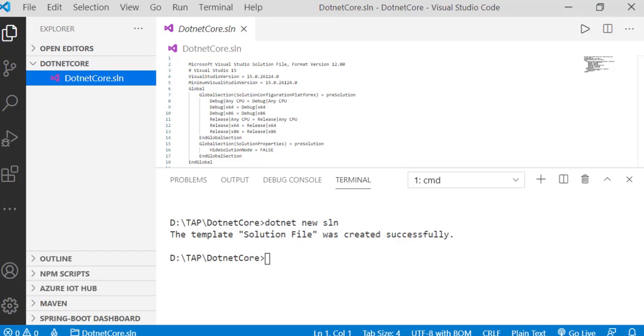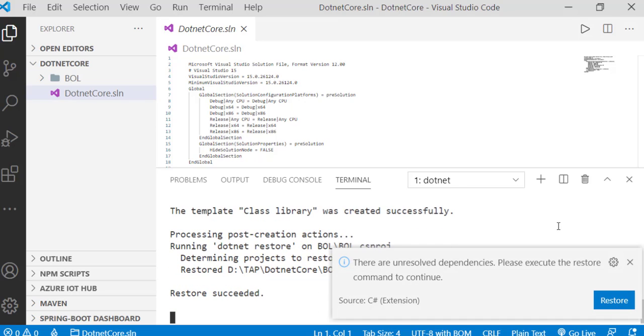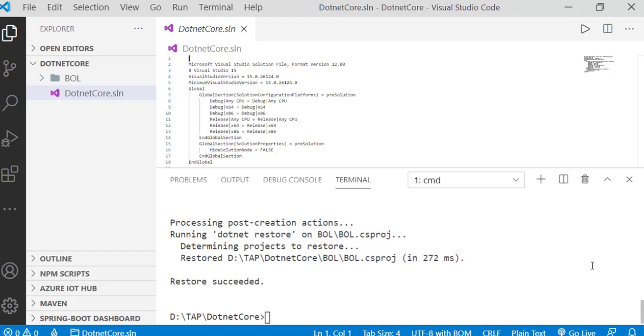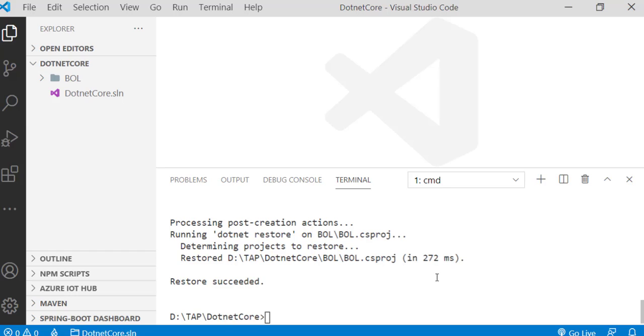Our job is to go further and define a class library. So let me create a new class library project, dotnet new classlib, whose name will be BOL, the business object layer. Please have a look. You can find at this moment there is a project created, a BOL folder has been created, and the BOL folder, if you just have a look, has got